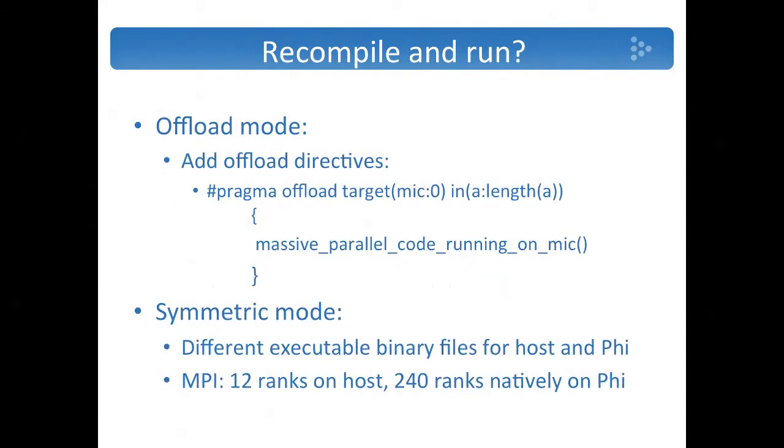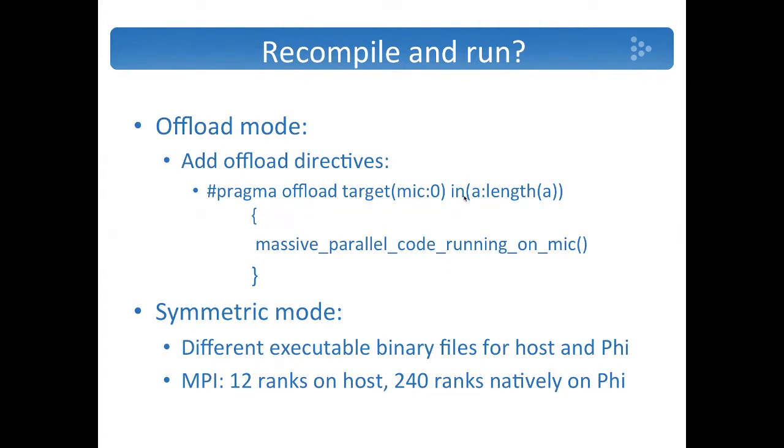Okay, so the next mode is the offload mode. The offload mode means that you treat the coprocessor just like GPUs, and the CPU runs the host code in serial or in parallel, it doesn't matter. But when you need the job to be run on Phi, you offload the job onto Phi. The only thing you should add to your program is a directive called pragma offload, and you have to specify the target, I mean the target MIC0, and you have